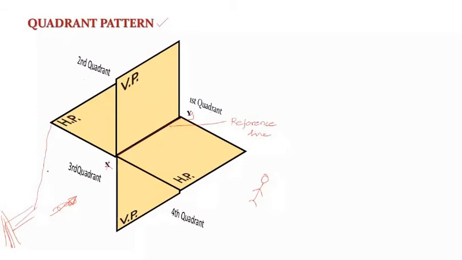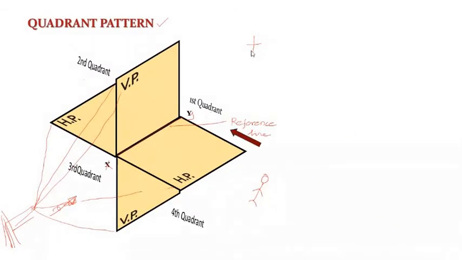This will try to diverge something like this, and you will try to track the edges of the visual rays. So if you do that, what will you see? Straight lines. How will the two straight lines look? It will look like a plus. Am I right? Yes, sir. So if you see from here, you will see the intersection of two straight lines, something like this, and that will look like a plus symbol.